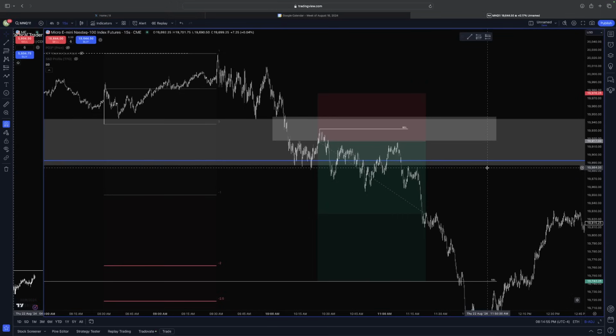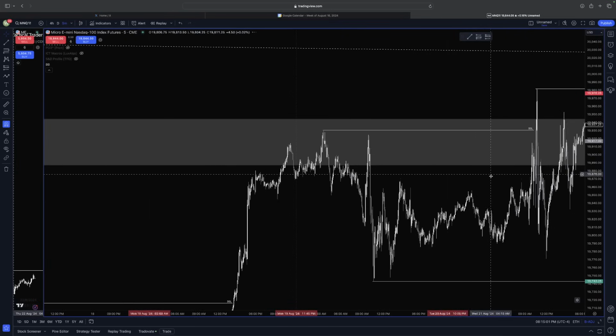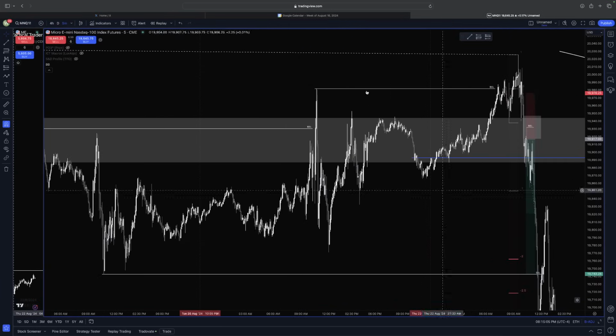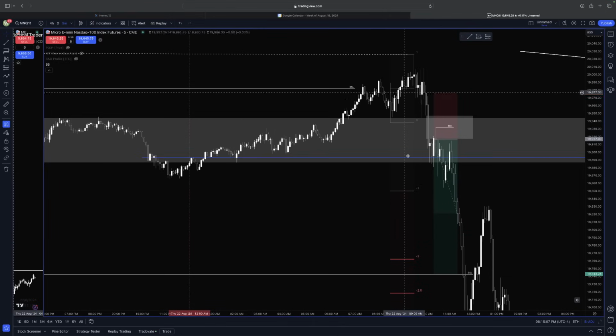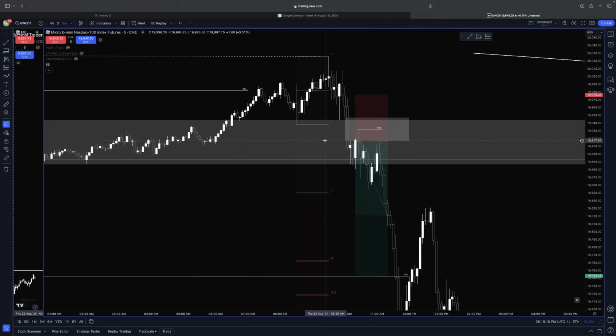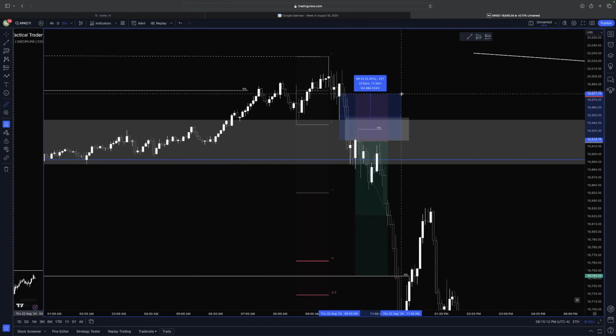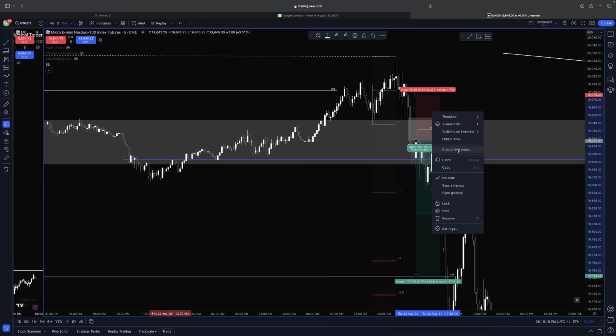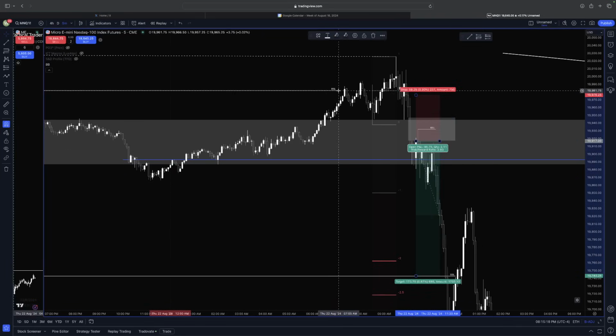And I think a lot of the time us traders get so involved or scared on the bigger time frames, right? Like for me, I like trading more on the lower time frames, entering on the 1 minute from the 5-minute model. This is a beautiful 5-minute model. We get displacement through this low, pull back to a 5-minute fair value gap. But we get scared because it's like, okay, that's 55 or 60 points of risk, whatever. Just adjust your contract size, right? Know your max loss, adjust your contract size, and just have more patience. And these are the kind of trades, in my opinion, that it's best